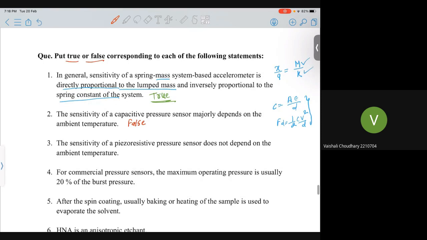Now the third question is: the sensitivity of the piezoresistive pressure sensor does not depend on the ambient temperature. So the name is piezoresistive. We know the value of resistance changes if the value of temperature changes,